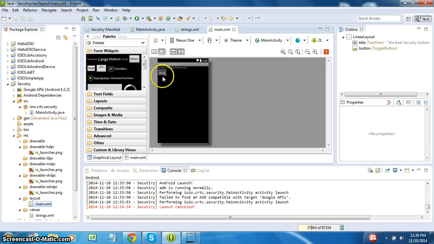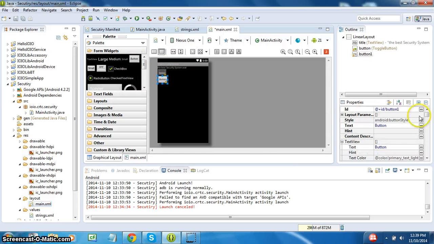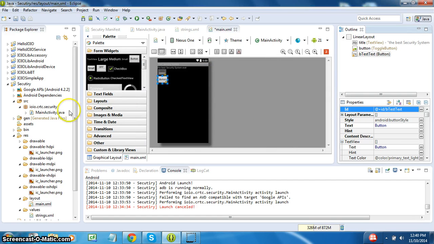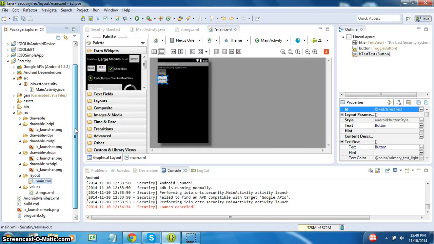There's a bunch of stuff already here. We're going to leave it alone for now, and we're going to add a button. Rename the button. I like to keep a B for button at the beginning of it, and this will be the test text button. And now that we've made the button, we go to our Java,